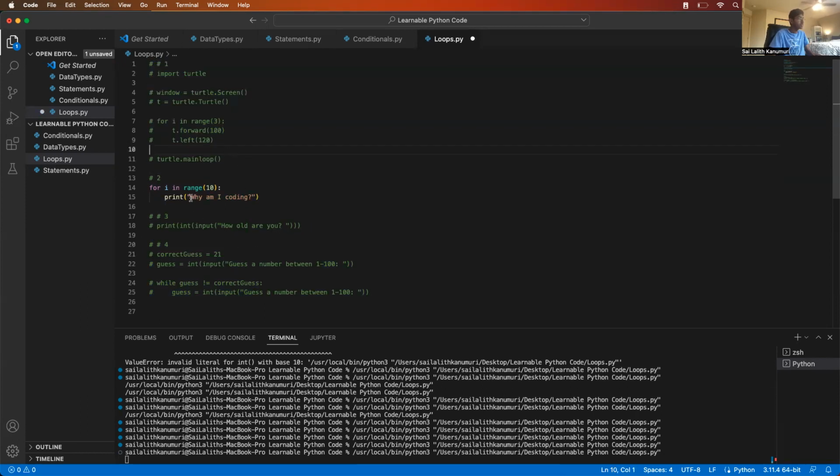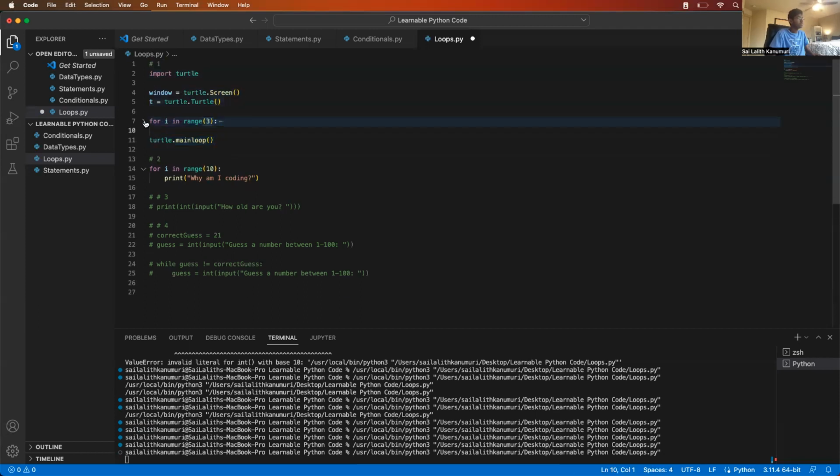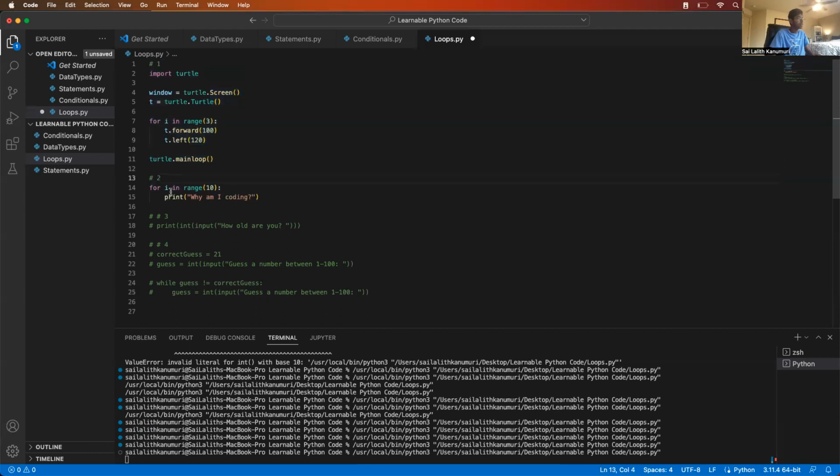Okay. Second part is, let me comment this. Second part is to print out the statement, why am I coding 10 times? So I just made a new for loop, for i in range 10. 10 basically says to run this for loop 10 times. And you're saying print, why am I coding? So if I run it,